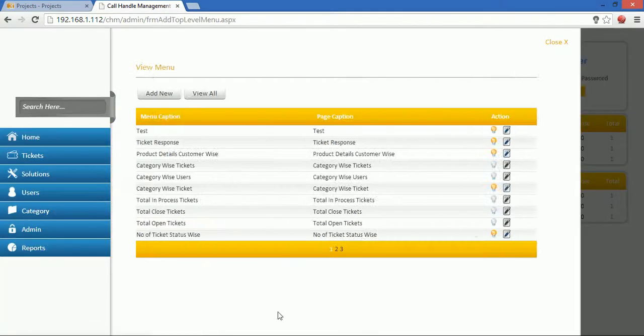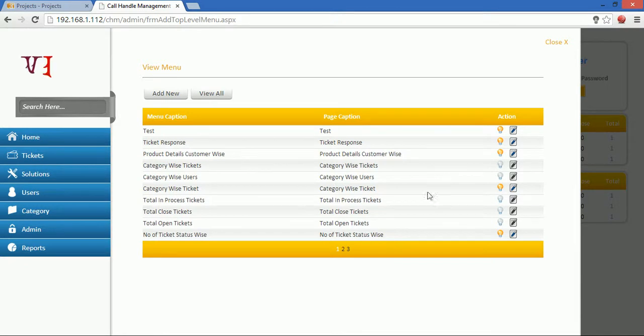Just cancel. And if you add this menu, then you can see it over here, same as in the category page and user page. Same thing, suppose you want to activate or deactivate any menu, then just click on it, and it will deactivate it from the list. And if you want to edit any menu, then just click on it and